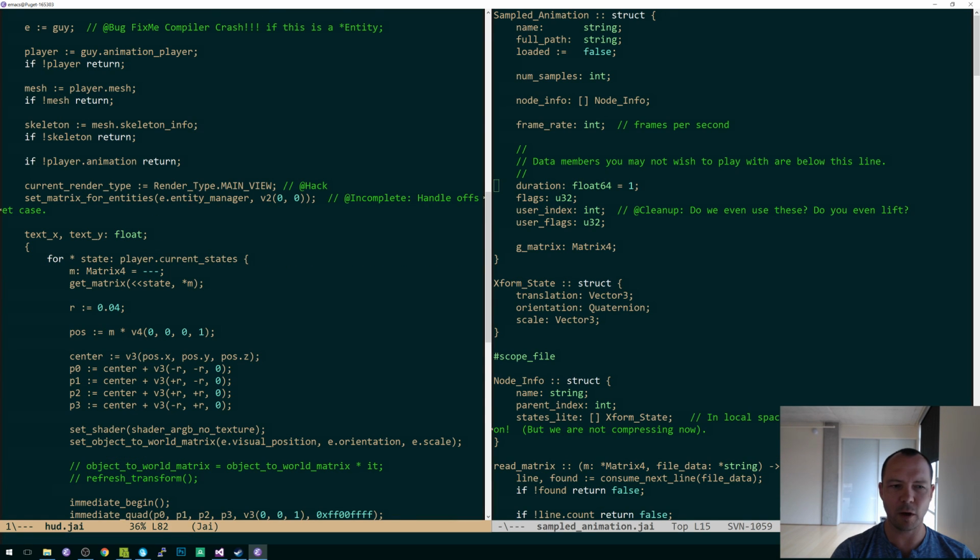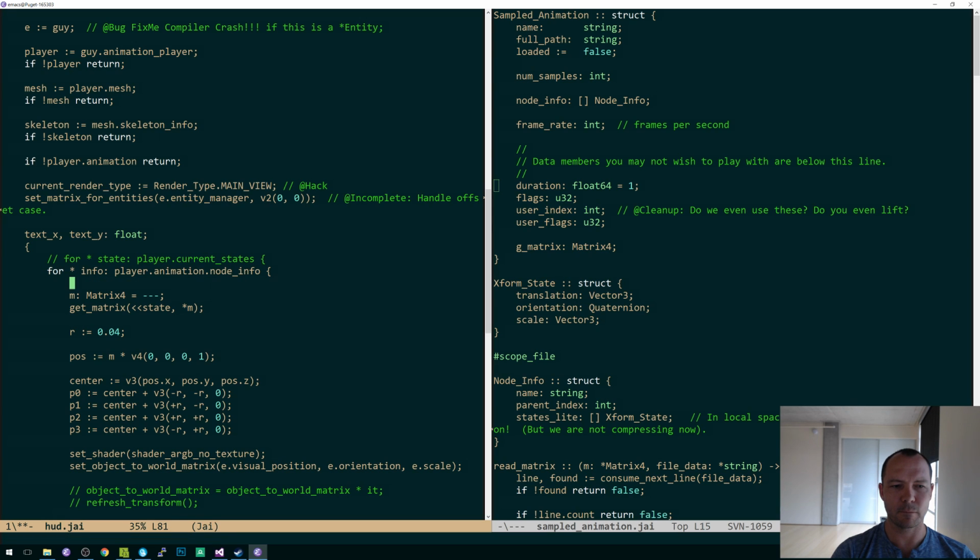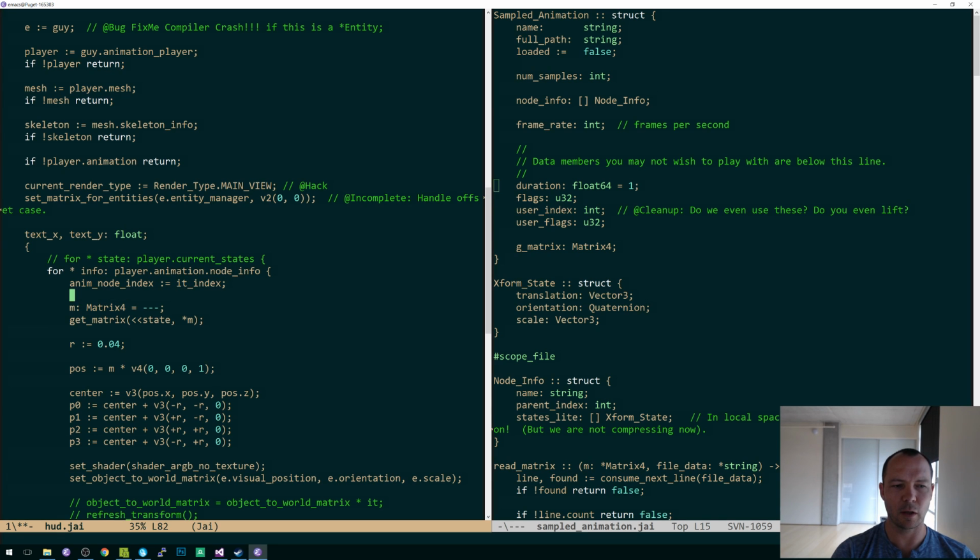So for every node info, forget this. For info in player animation node info, right? So anim node index is the current index. Anim parent index